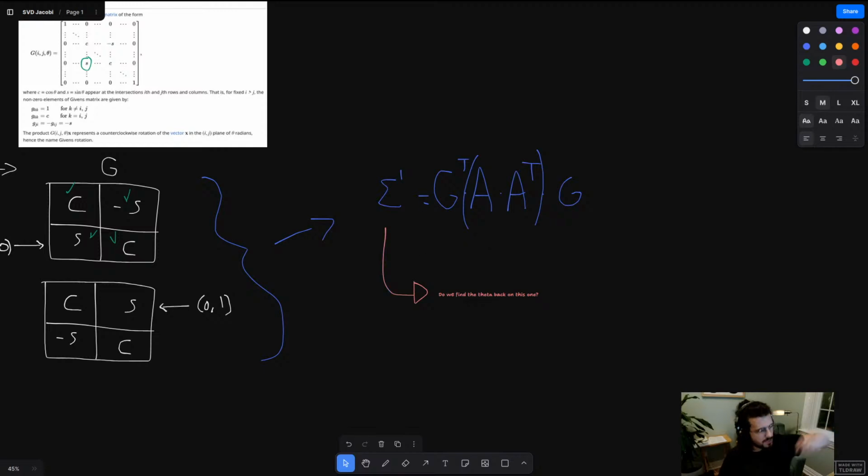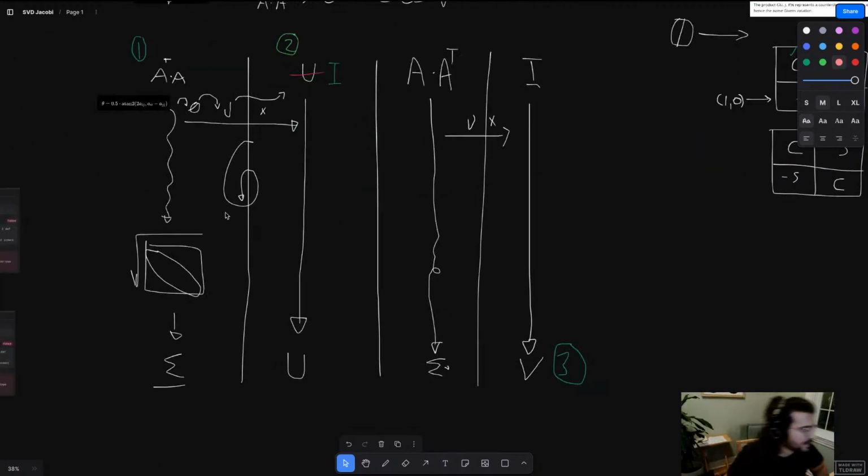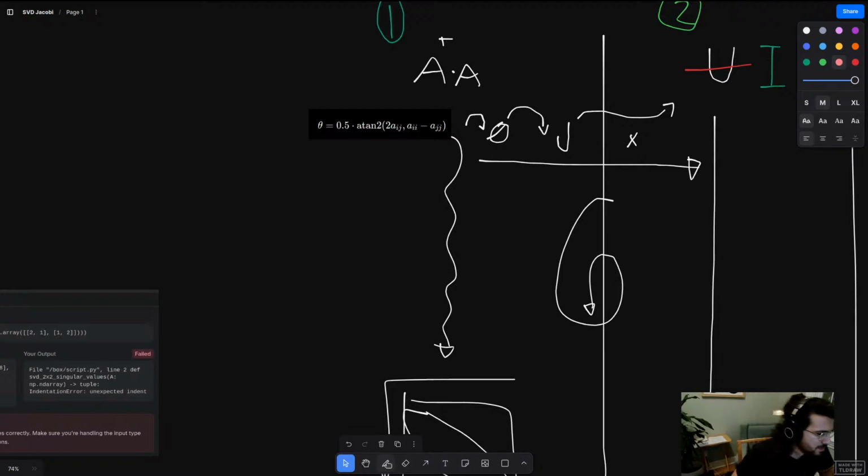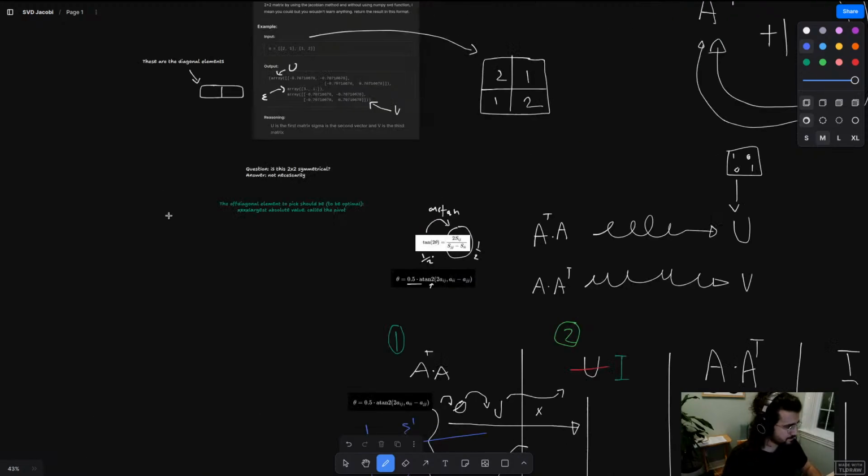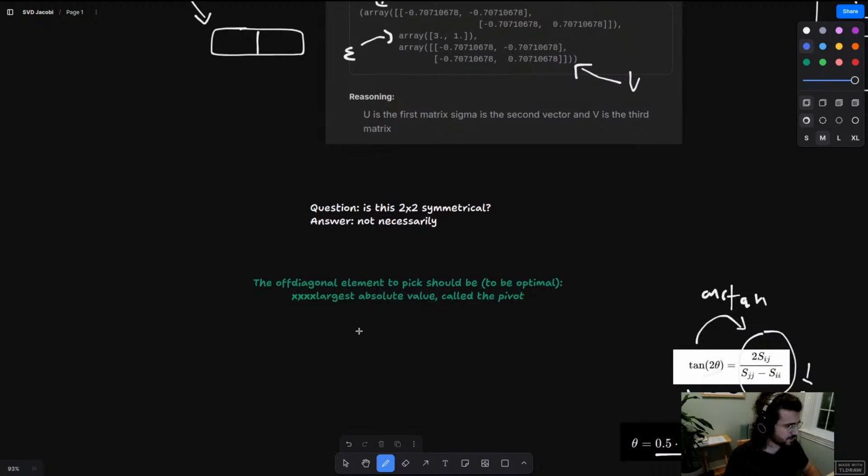So this is the thing. If we bring it back over here, so after the iteration, let's say 1, we're going to get our sigma prime, and we redo it again, and then we're going to get here sigma prime prime, until the element that we're selecting is very small. So, sorry, I think here, this bit that I've discussed,